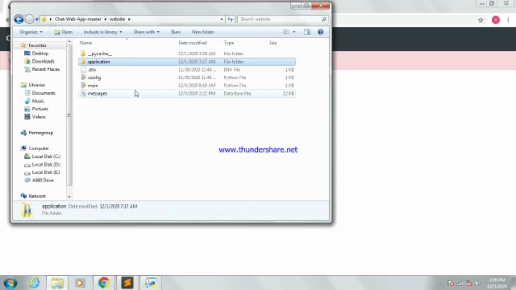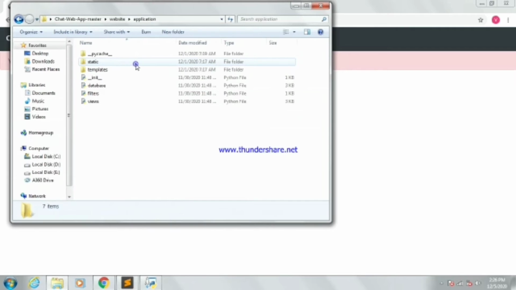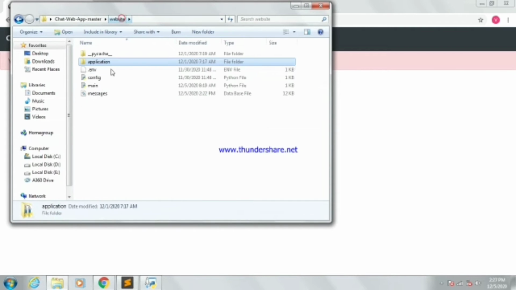We also have another file, .env. It acts as storage for our environment variables, and config.py stores all the data from this application using this package. This main.py is our main server, which will be running as a web server to host data. So let's take a look at this.